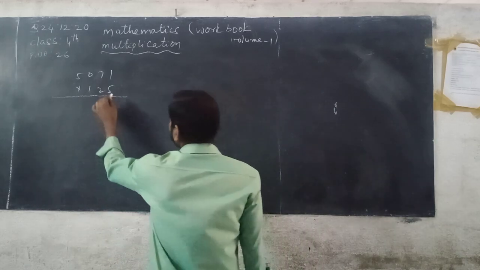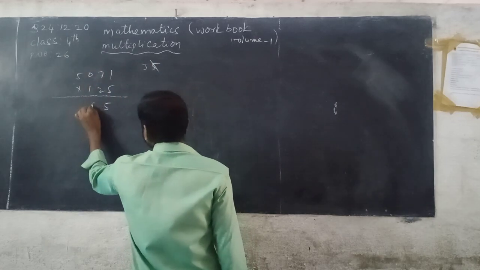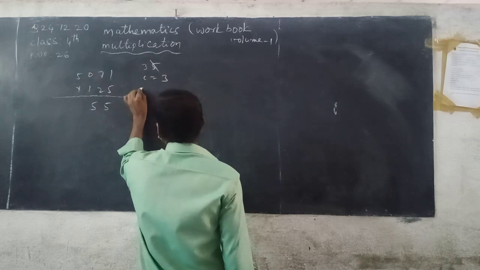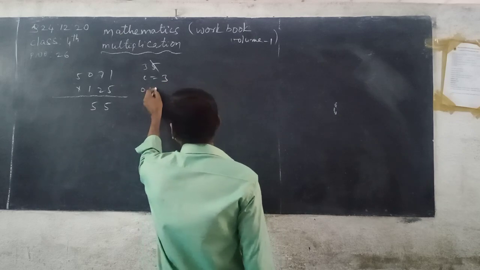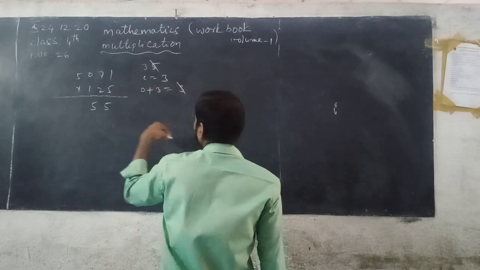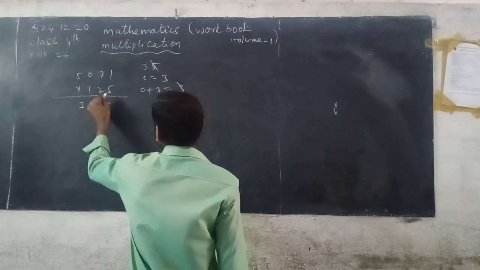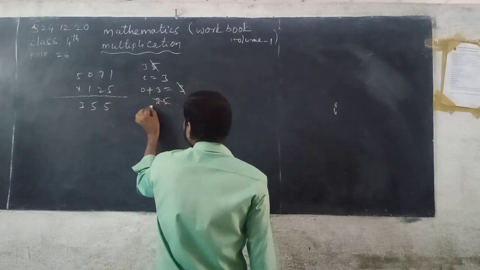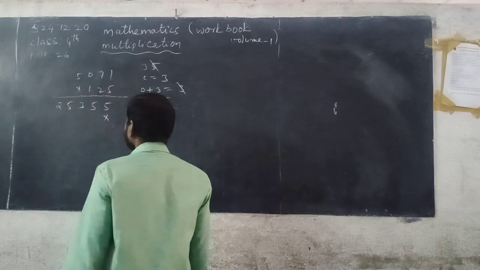Next 5 sevens are 35. Here 5 is taken and written down in the tens column of the product and carrying 3. Next 5 zeros are 0, but the previous carry 3 is there. 3 is added to 0, 0 plus 3 you get 3, written down in the next column of the product. Next 5 fives are 25. This is the last place of the given number, so you write 25. Now cut the ones place.